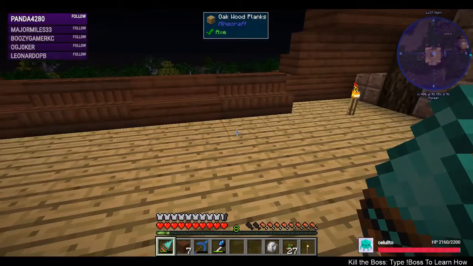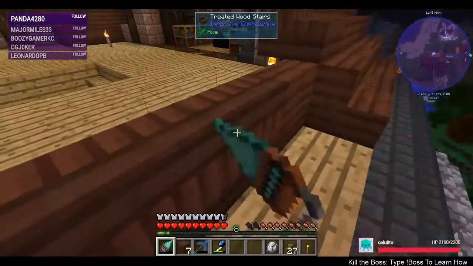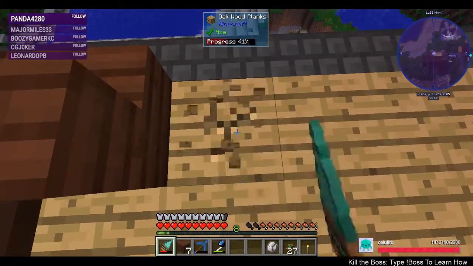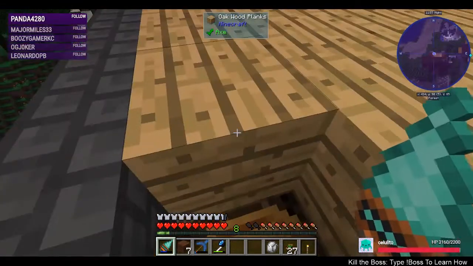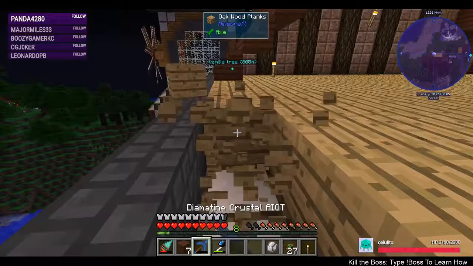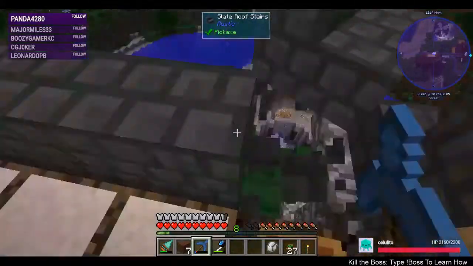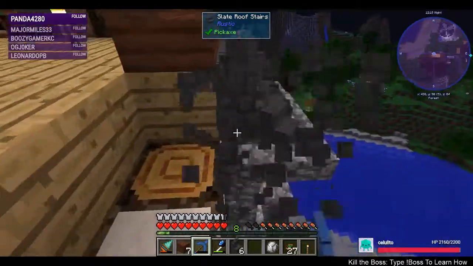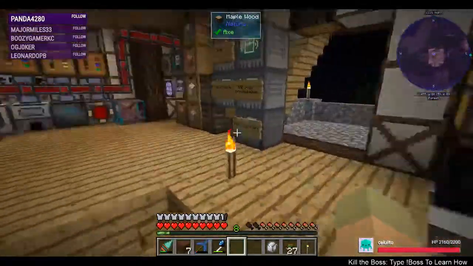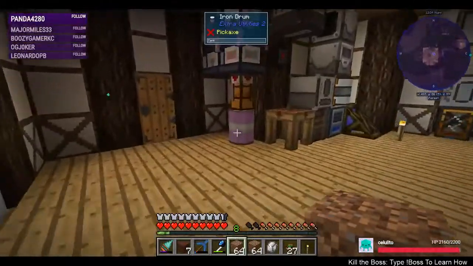Let's see here. To do that though, what I could do is this on top of the other wall, or does this break right through? Ooh. We could put dirt here, knock this one out because we don't need it. Dirt, which... There's these...